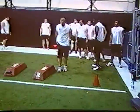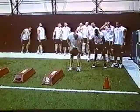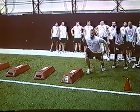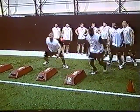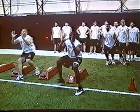All right, now we're going in and out, okay? This is a drill we did the first time we've done this here, and probably should have stopped this a little bit and corrected this here for you, but now I'm going to shuffle in and simulate like I'm dry blocking here and come out, all right? And this whole thing, we should be a lot lower than what we are, but we're thrusting our hands as